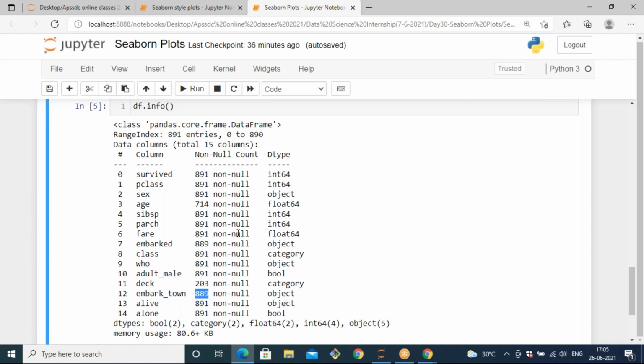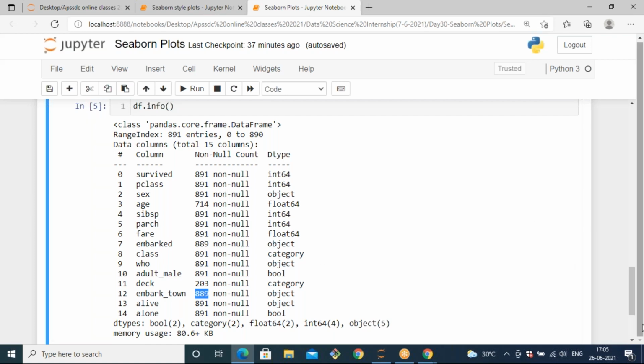In the data science life cycle, the first step is taking the data and the second step is pre-processing. Whenever your dataset has null values, you need to pre-process, and that step takes place second. So you need to handle it. But here we are just focusing on visualization, so I'm not going to do pre-processing. If you want to perform pre-processing, you can go ahead, but now I just want to show the plots.